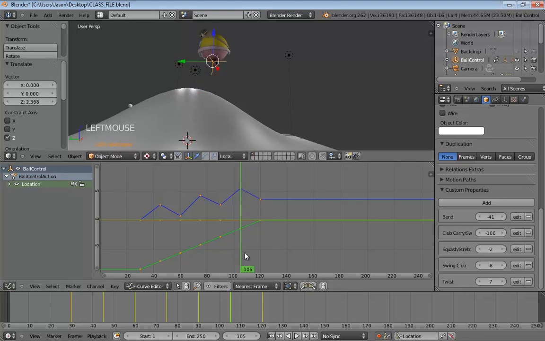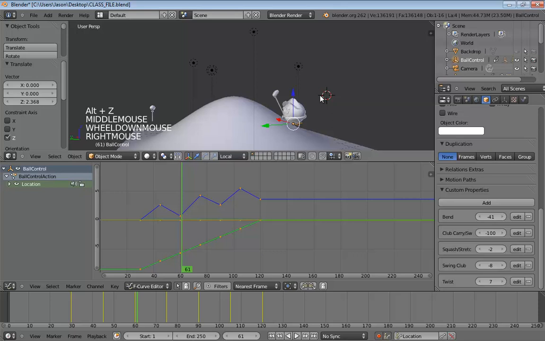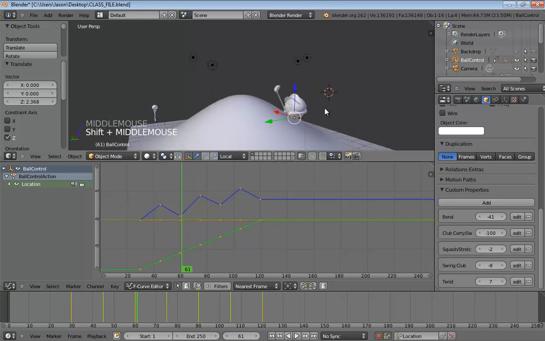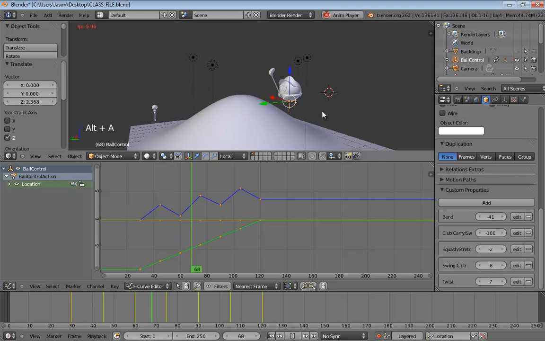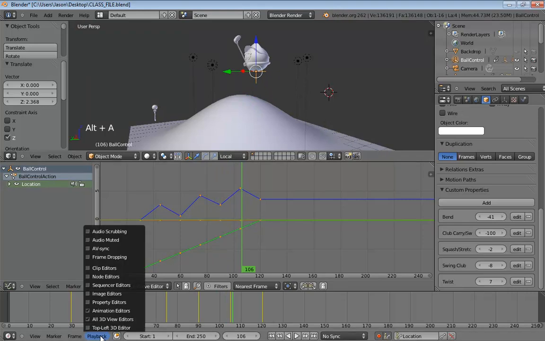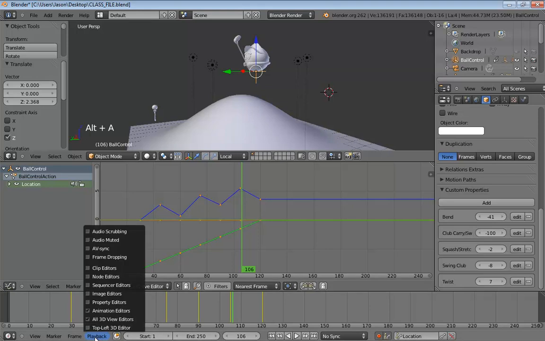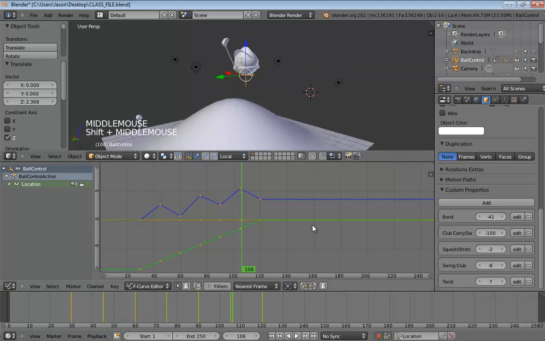Now, of course, this jump is not going to look very good at the moment. We've got this straight up and down thing going on. Let me hit Alt-Z, and hopefully that'll speed my view up a little bit so that we should be able to play back through with Alt-A. Now, what's my playback currently set to? All right, yeah, we'll leave it running like this for now.